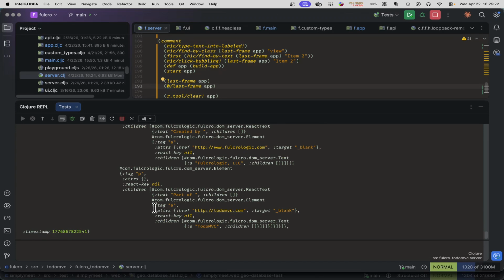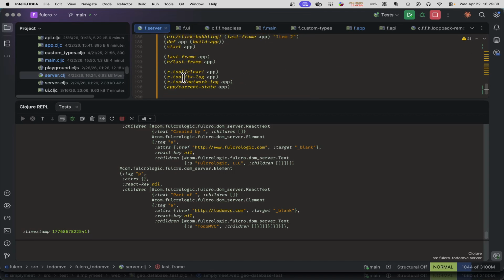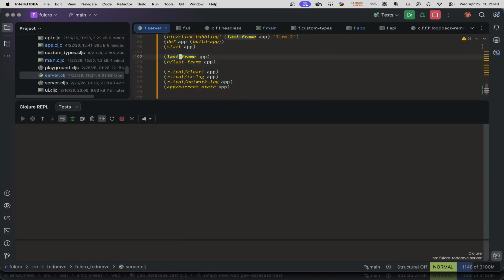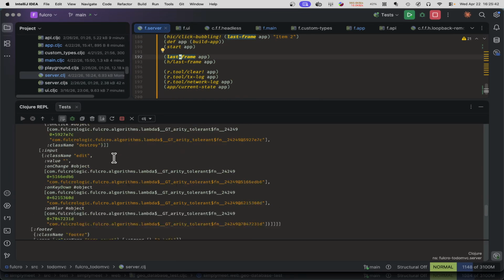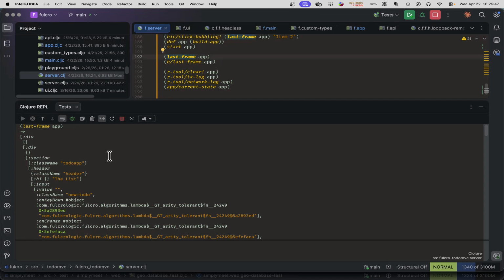I mean, it's an AST. You could write functions to manipulate it. That would be okay. But it's usually a little nicer if you take that data structure, and I made this hiccup namespace that takes that rendered frame and turns it into hiccup. So if we say last frame, we'll get the actual hiccup that you could use to render as HTML,